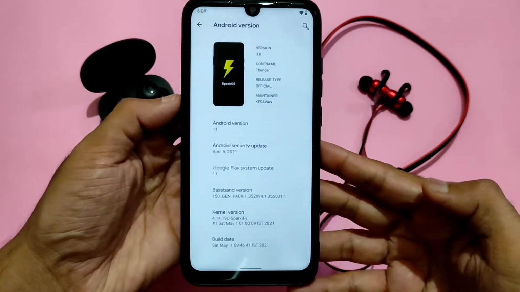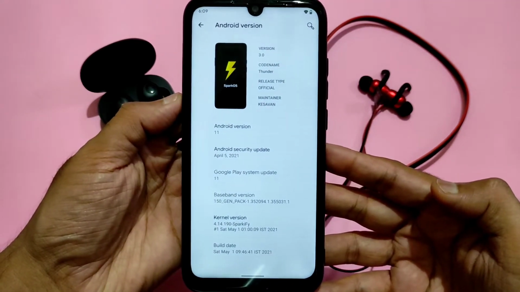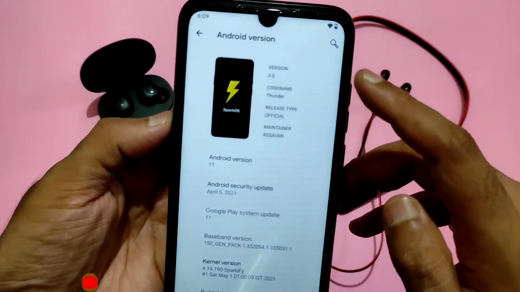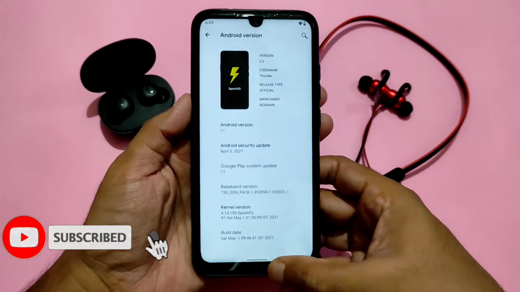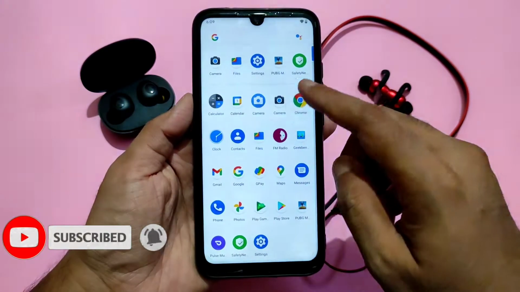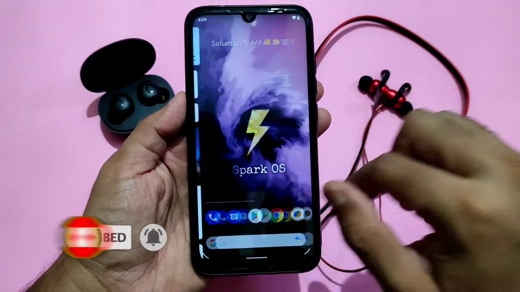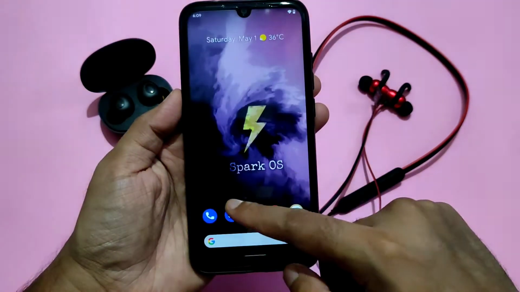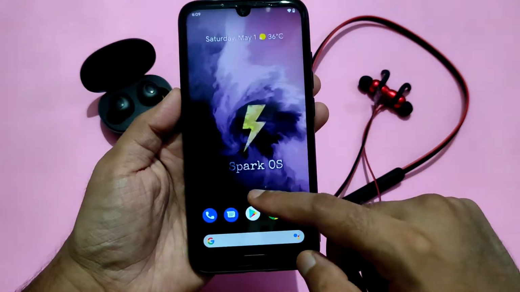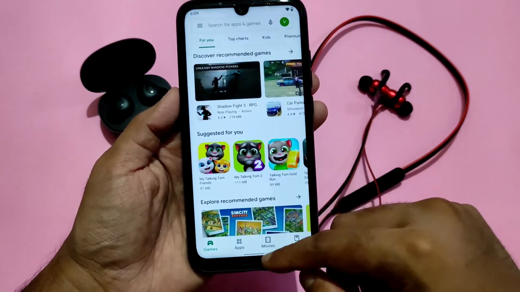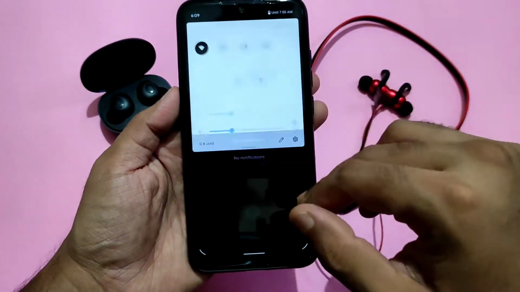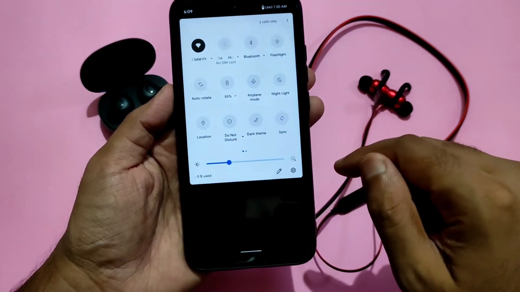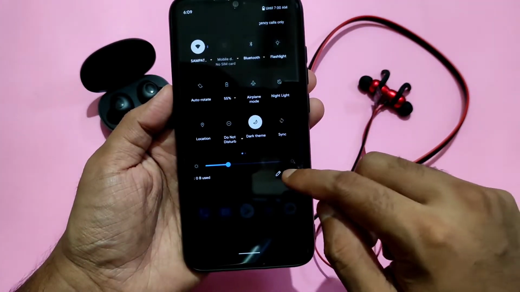This is Sampath. You're watching Sampath Soundflex channel, and this is the Redmi Note 7 Pro based on Android 11 OS. Again, this is the Thunder type Spark OS 11 version, the Android 11 base. As you can see, this is how Spark OS is. This is a new stock OS type, and this is the quick settings panel you get, Oxygen OS type. You can change it in the settings, and there's the dark theme you get.